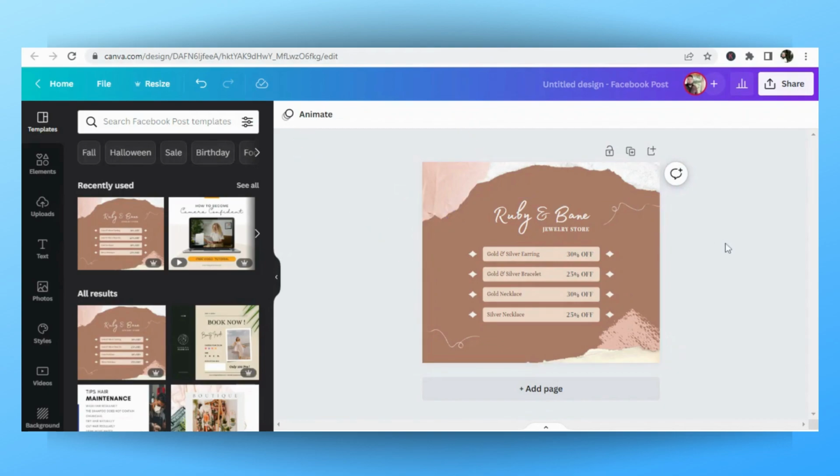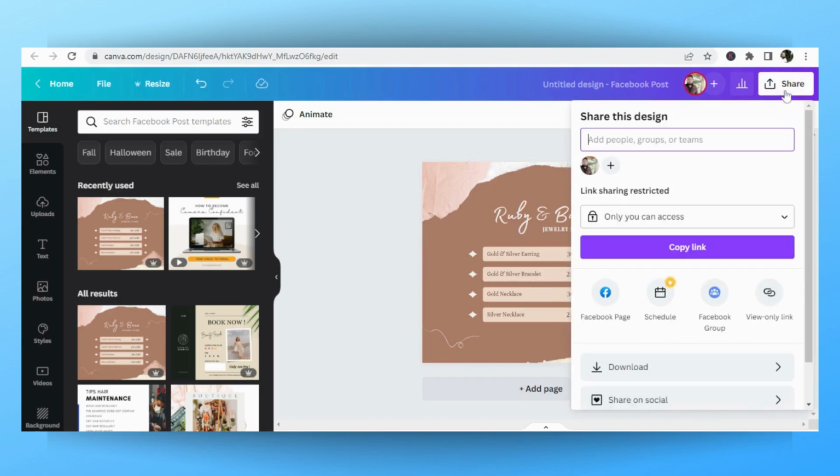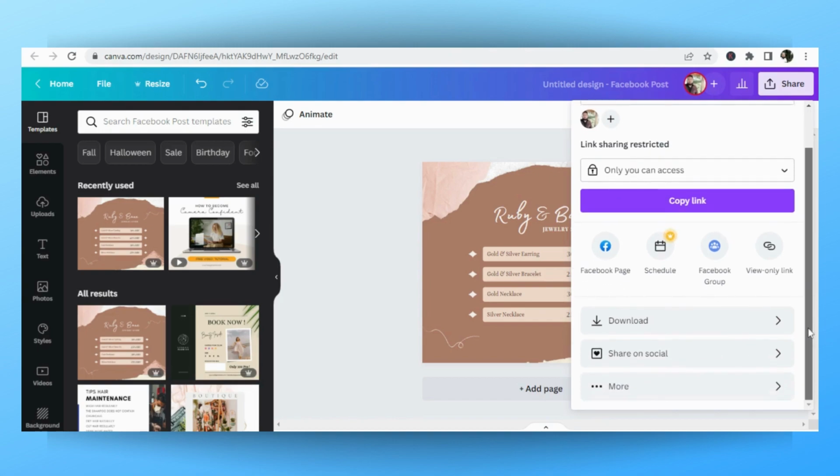In today's video I will tell you how to create a QR code or barcode for your design or for your products in Canva. So first you need to select the design for which you want the QR code, and then you just need to go to the share button, and then from here you can select any of your desired options. Like if you want people to just see your design through your barcode, you can select the view only